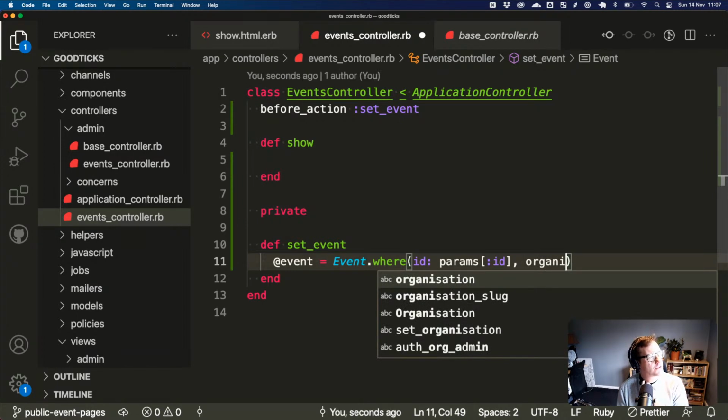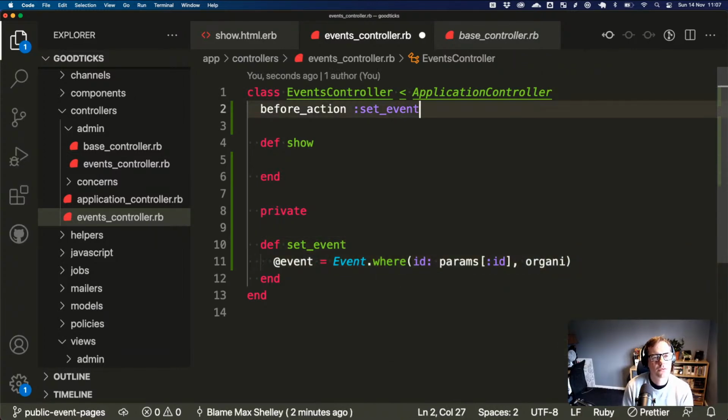Whereas we've only got the slug, so you could do... probably do need to do two lookups, because the organization is so